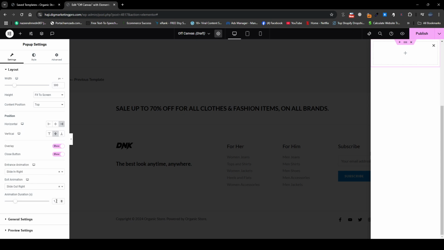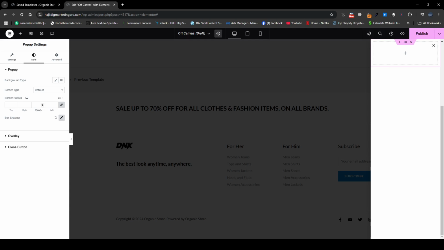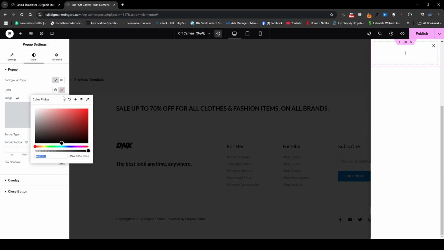Then the animation duration, let me make it 0.5, so you will get it slowly. That is what animation means. Now let me go to the style tab here, and let me make the background type.